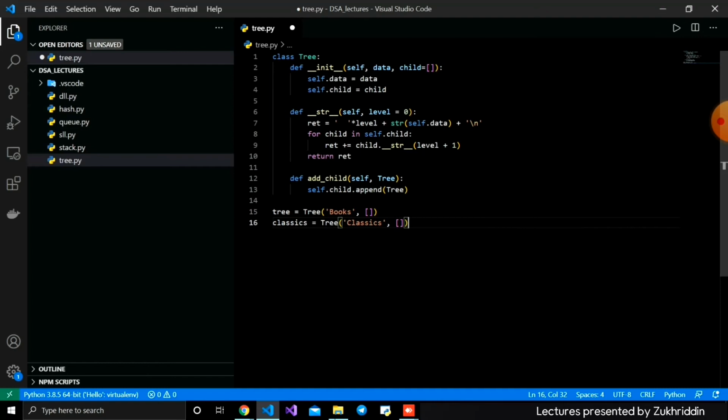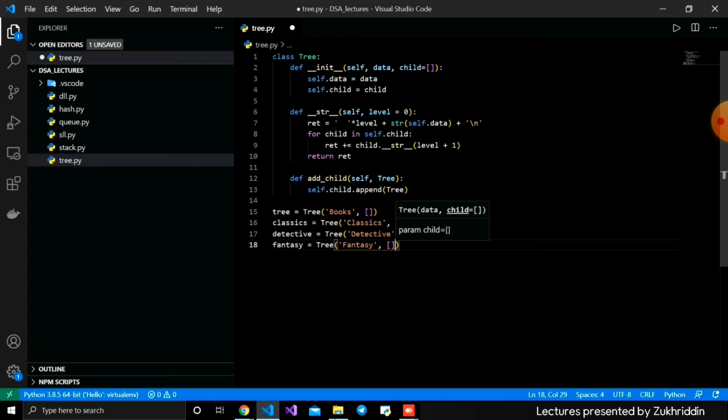Also we have detective books, so I create a detective tree with an empty list inside. And also fantasy, which is also a tree with an empty list here. These are the children of this books tree, the types of books, children of that book. For adding these, we write the tree and call add child,